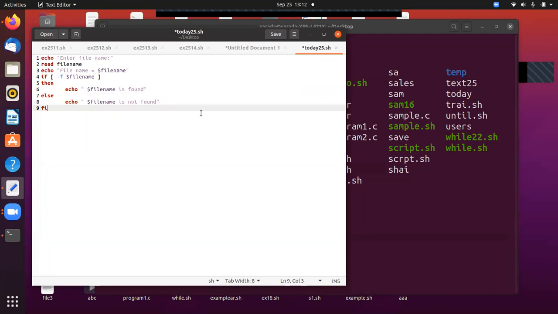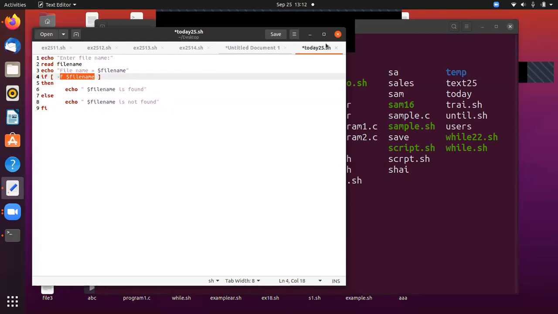So this is the structure. In the brackets you give hyphen f dollar filename. What does it mean? If you enter abc, hyphen f abc means if the file is found, it returns true. If the file is not available in the current directory, then it returns false.